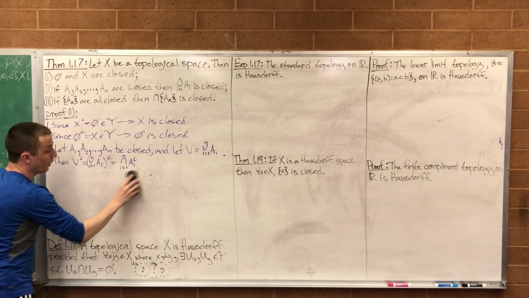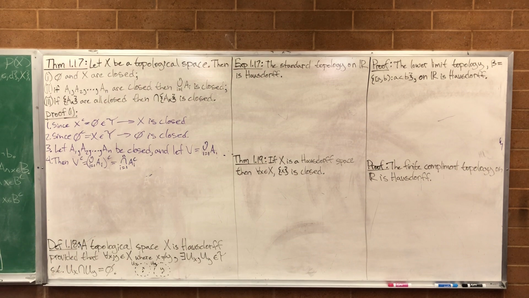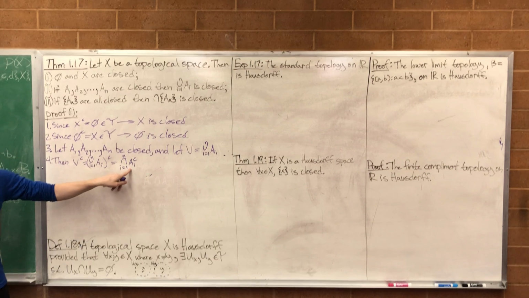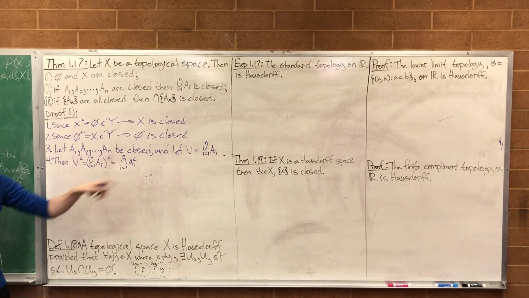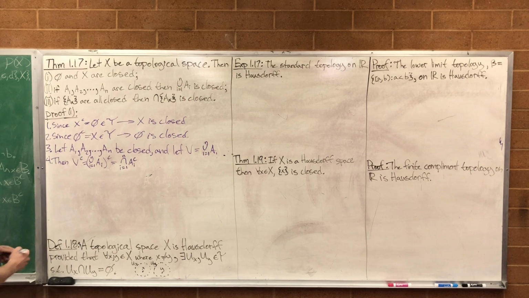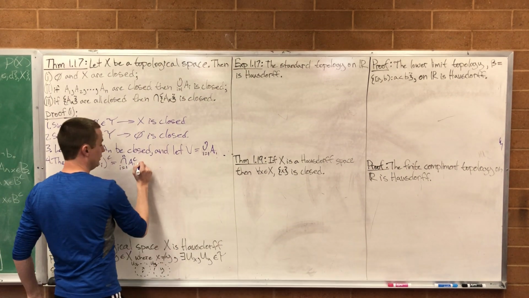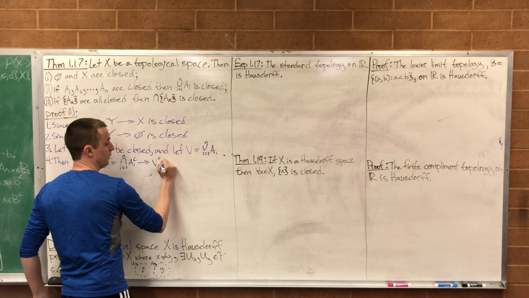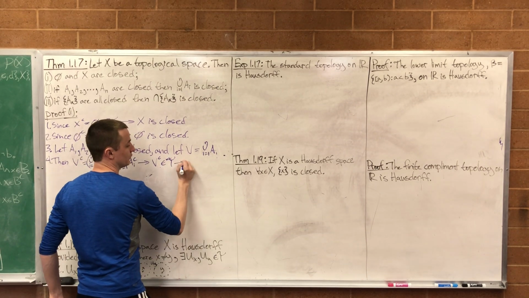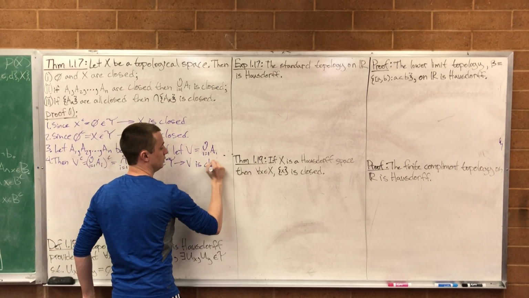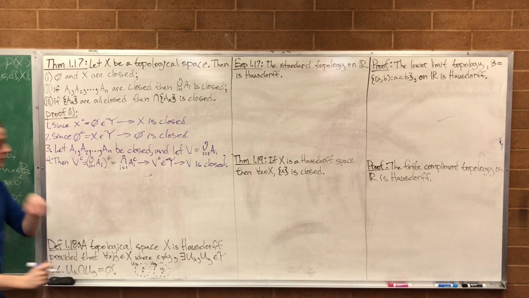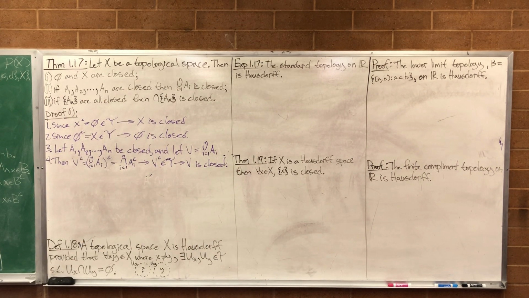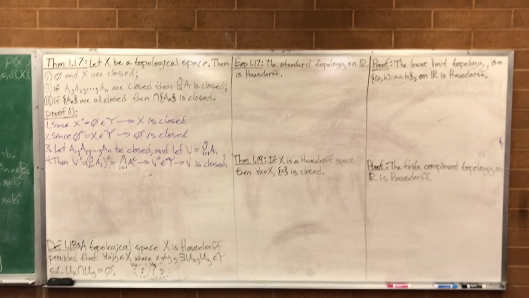But what do we know about A sub i complement? They're all open. How do we know it's open? Oh, right, because it's the complement of the closed. Because all those A's are closed, so all their complements are open. Therefore, the intersection is open. So V complement is equal to that, which gives us V complement is open, which gives us that V is closed. Oh, wait, well, it's faster than I thought it was. Yeah, that's why I wanted to name that thing V, so I didn't have to write it again.